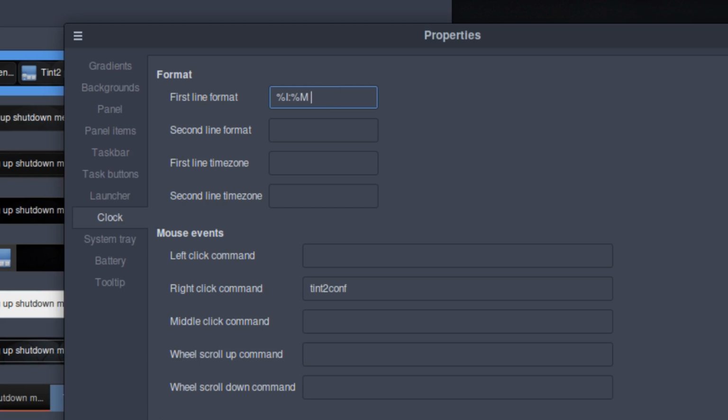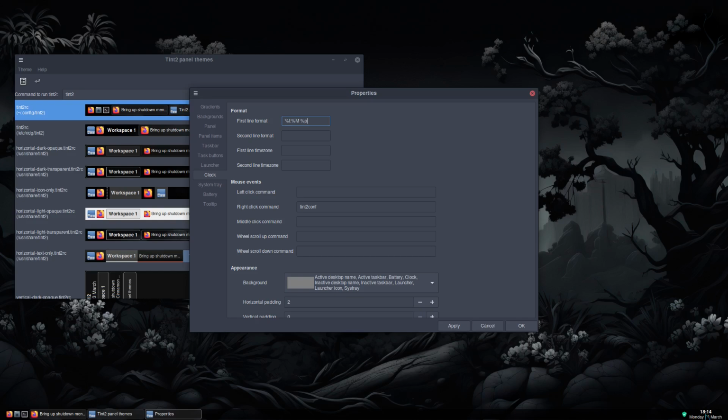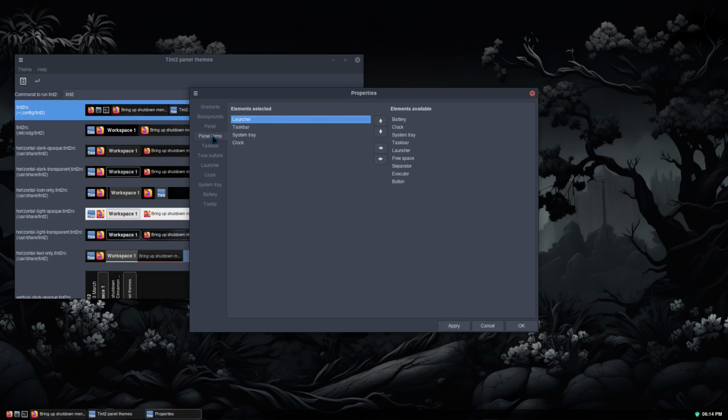Then I want the time down here in the corner to show differently. So once I click on apply, you see now it says the time with the PM. All right, so now I'm gonna go to panel items and add a separator all the way to the bottom,